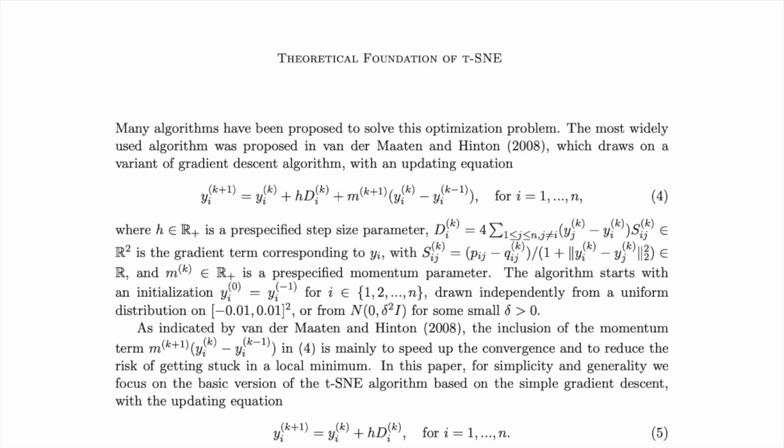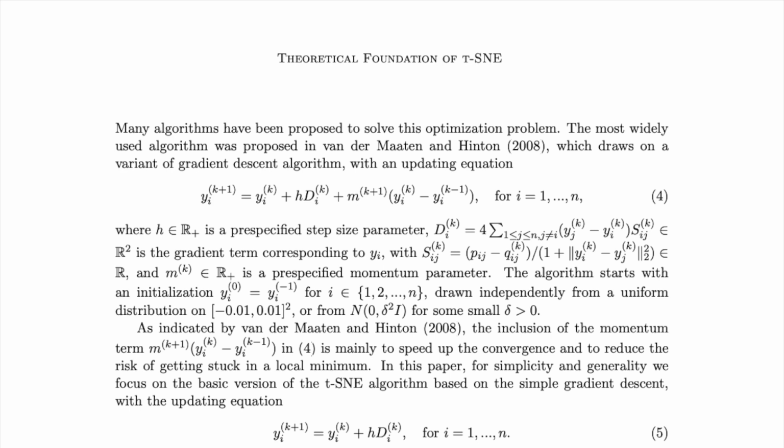Theoretical foundation of t-SNE. Many algorithms have been proposed to solve this optimization problem. The most widely used algorithm was proposed in van der Maaten and Hinton, 2008, which draws on a variant of the gradient descent algorithm with an updating equation (see formula), where h in R+ is a pre-specified step size parameter, (see formula) is the gradient term corresponding to y_i with (see formula), and m_k in R+ is